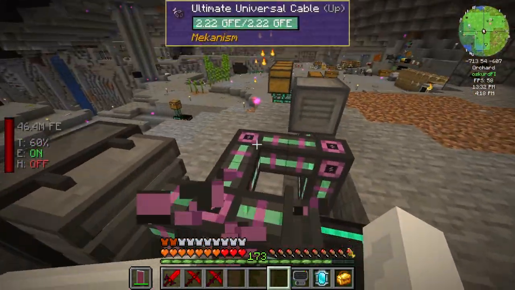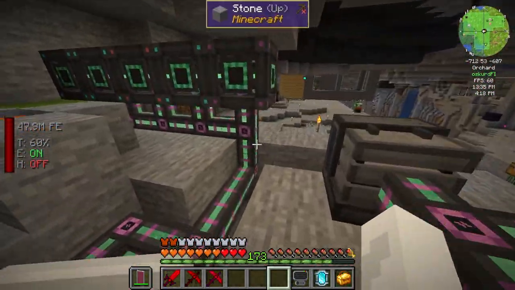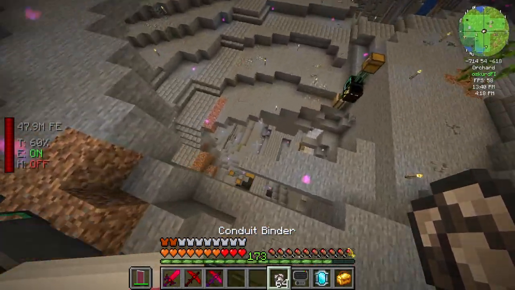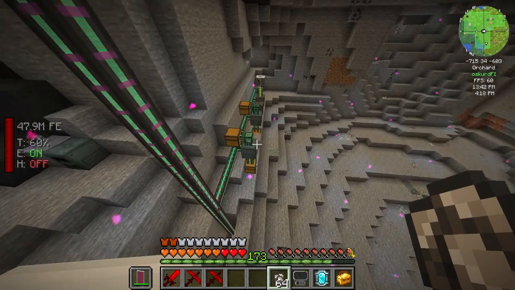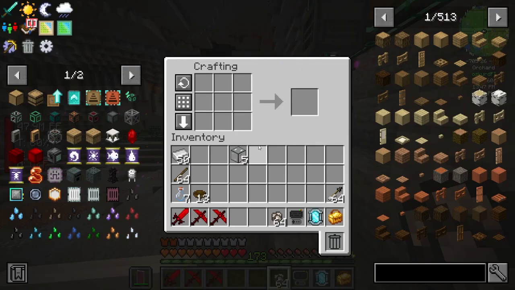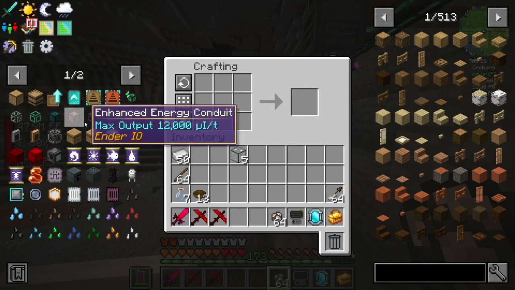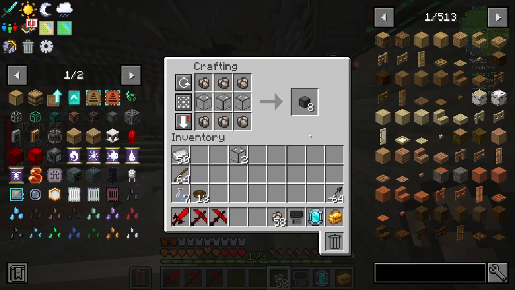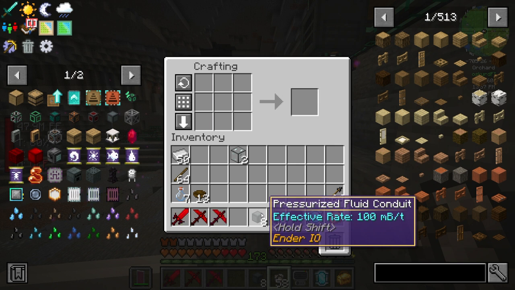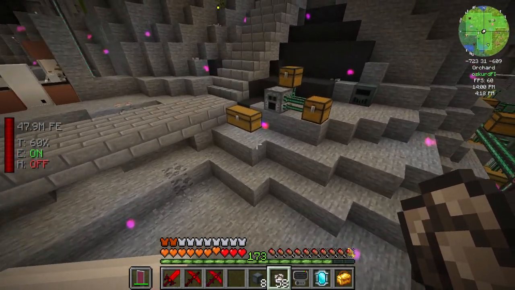elevator from this level down there, so it's much easier to get up here. Let's take binder and then Ender IO class. That I should have in here if I remember correctly. Well, that's enough, I think. Or was it 6? It wasn't. Okay, cool. So now we have 8 of these pressurized fluid conduits, and with Ender IO you need to remember